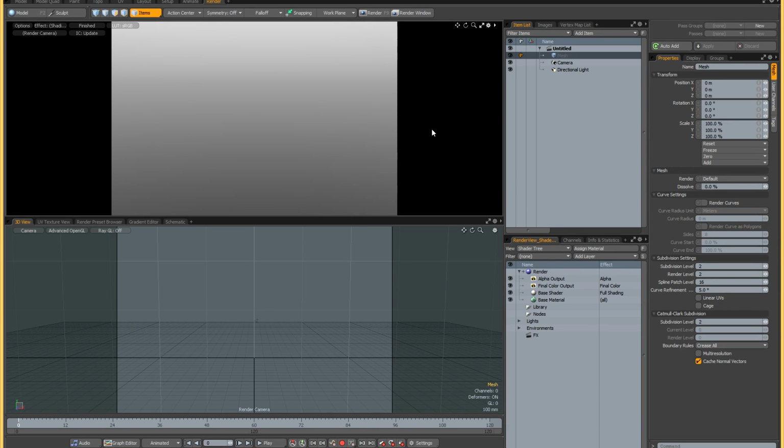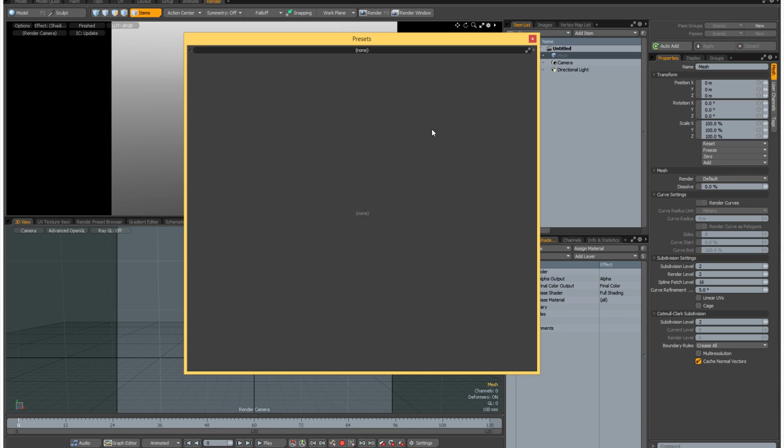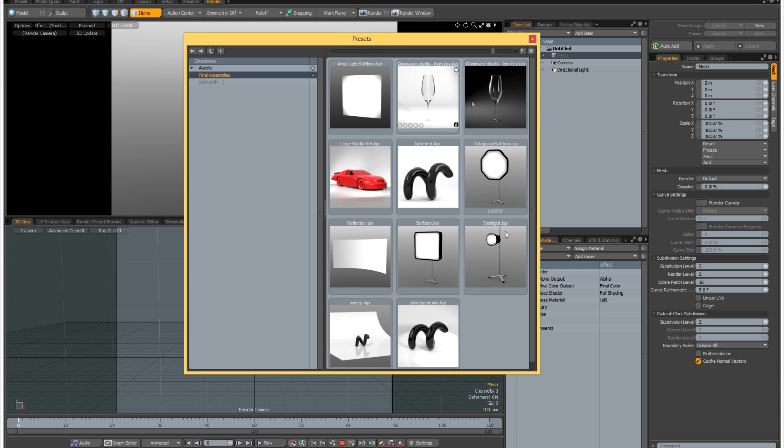This video is going to introduce the new studio lighting assemblies that ship with Modo 801. If I open my preset browser, you can see there are 11 new assemblies all relating to studio lighting. They range from a relatively simple area light to more complex light rigs such as softboxes, sweeps, reflectors, spotlights, to